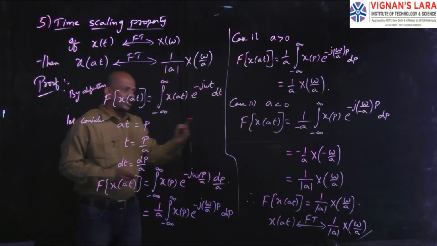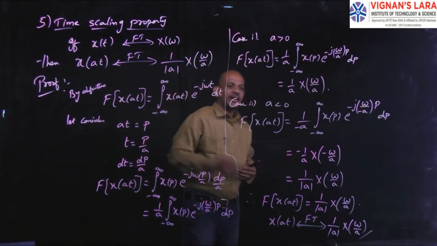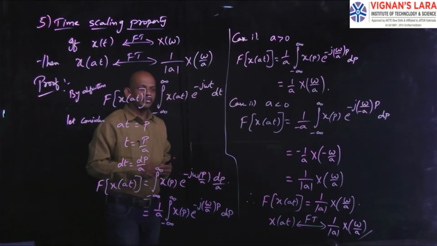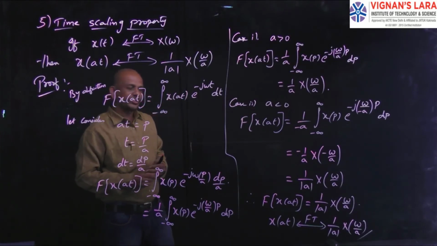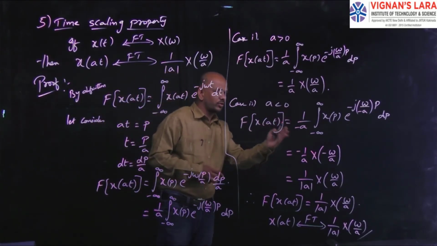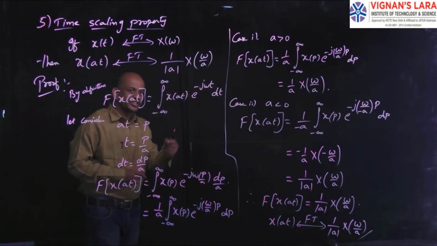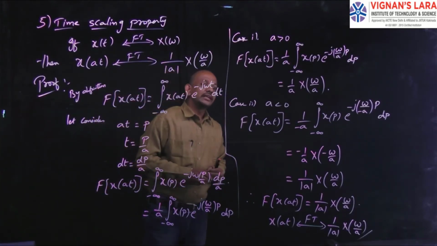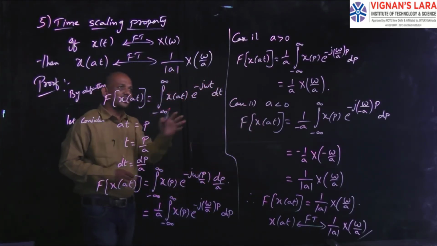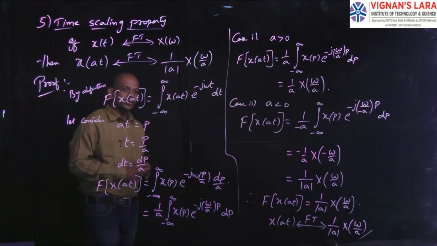So now I will explain how to prove the differentiation in frequency domain property. Why? Because differentiation in time domain property is easy, so you can do that one, and you can go for the integration, multiplication, convolution, all those. So the last one which I prove here is the differentiation in frequency domain property. Then I will go for the 6 properties, and the remaining 6 you have to prove at your home, that is for your practice.